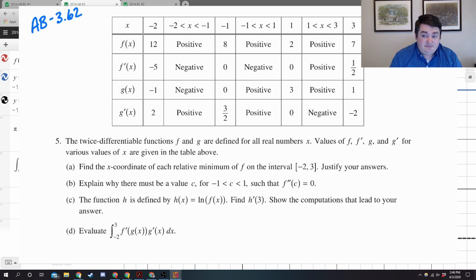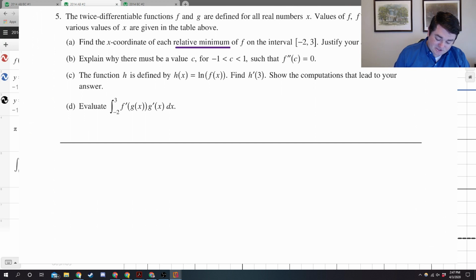Justify your answers. Okay, so when they say relative minimum, I know a relative minimum occurs when the derivative changes from negative to positive. So looking at my table here, looking at f prime and g prime, is there a moment where this graph changes from negative to positive? I see it happening right here for f prime, and I don't see it happening for g prime, but the question was only about f, so g prime doesn't matter. So to answer part A,